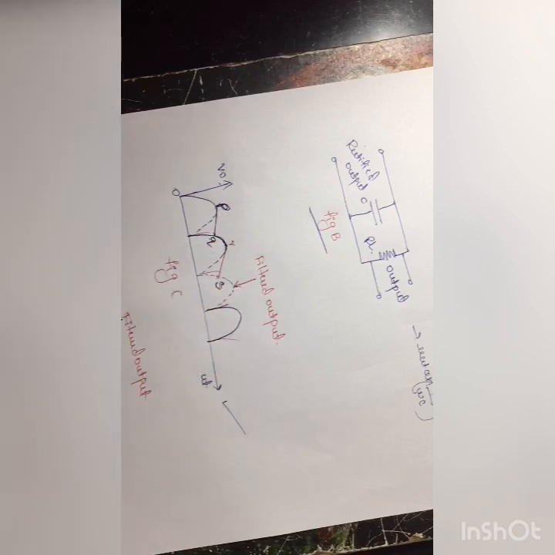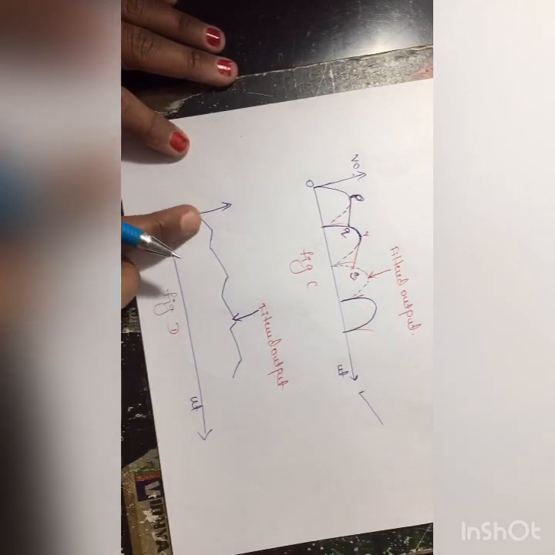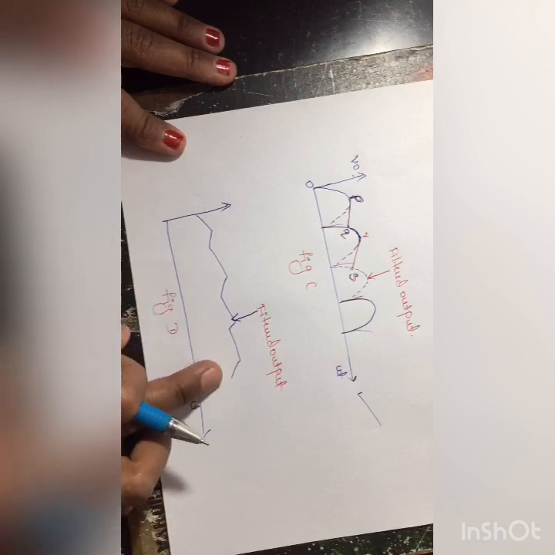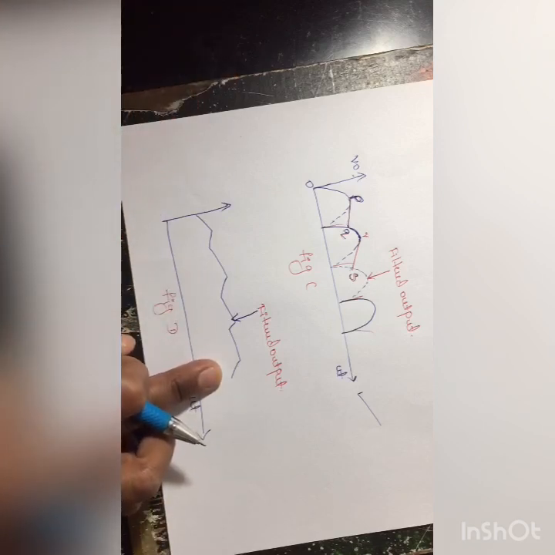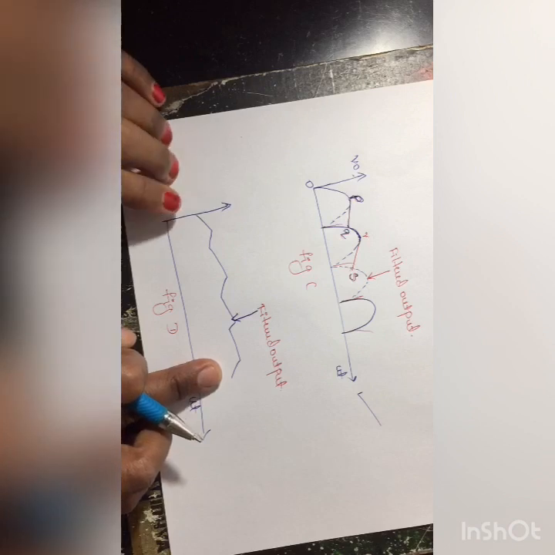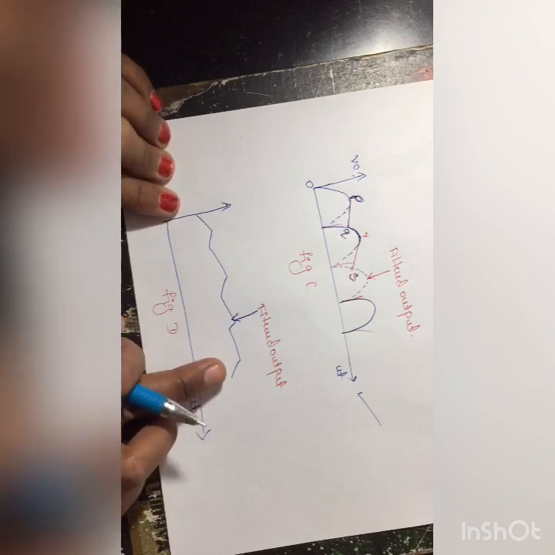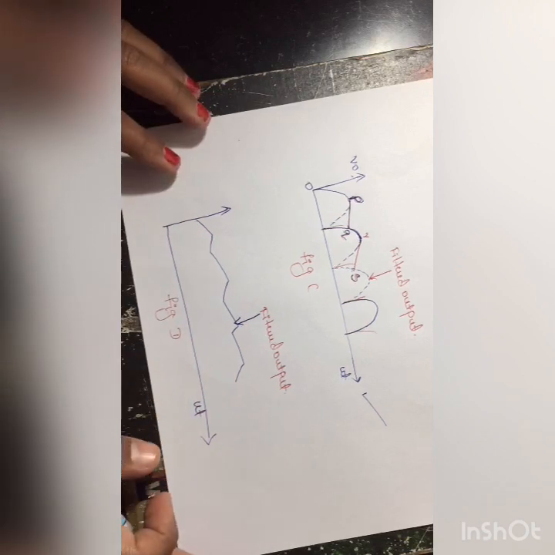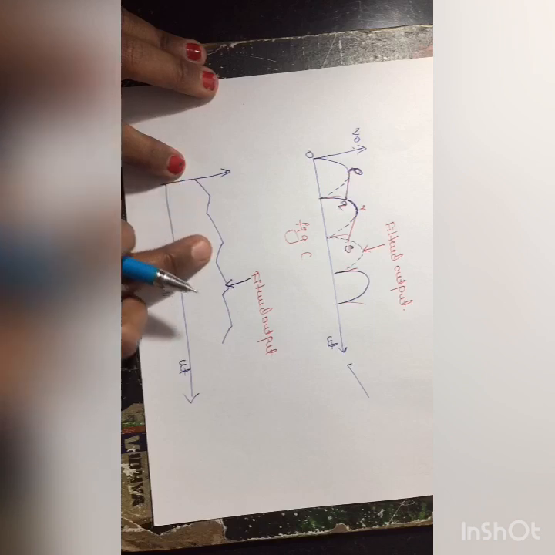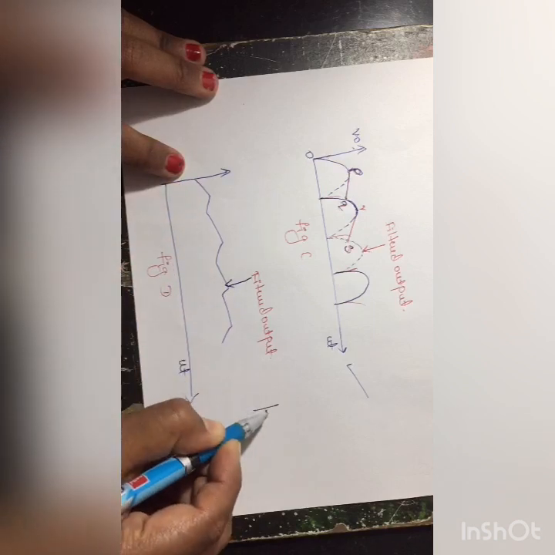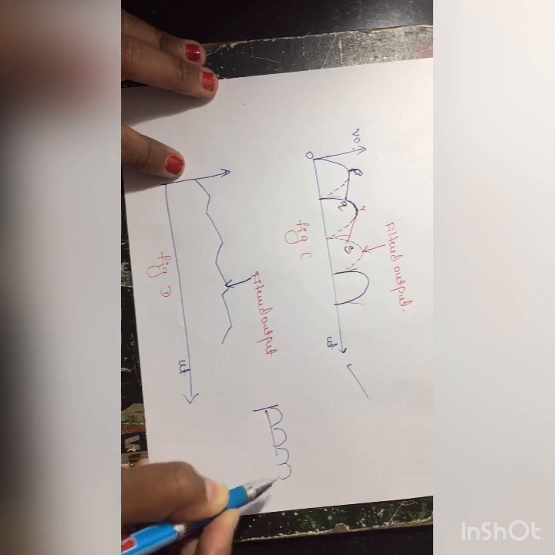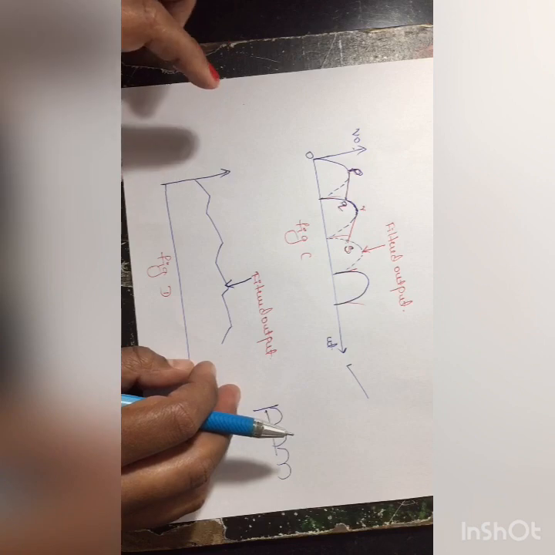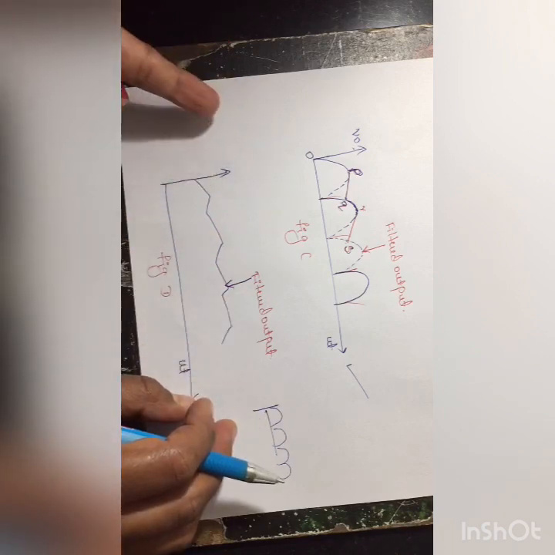After that, what will happen? We got this output voltage after the filter. Compared to a half wave rectifier and full wave rectifier output, you got much lesser than the rectified output. In a full wave rectifier and half wave rectifier we did not get this much DC, we got like this. But when you apply the filter, the output looks like this, which is much lesser than the rectified output.